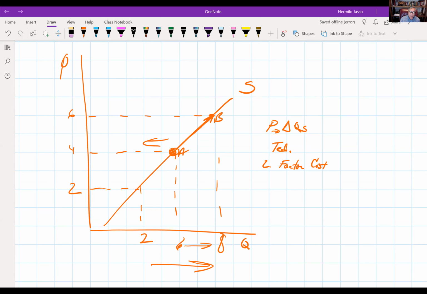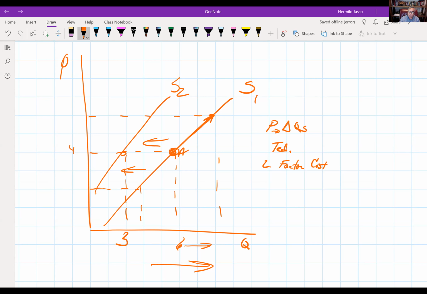Think about this. Let's assume that this is you. At this point, you are selling 6 units at a price of 4. So that's where you are now. These are widgets, and you need plastic to make widgets. Now the cost of plastic just dramatically increases. So now, as a producer, your cost of production is going to be more expensive. So now you're going to produce less, right? So we move from S1 to S2 simply because your cost of producing has increased.